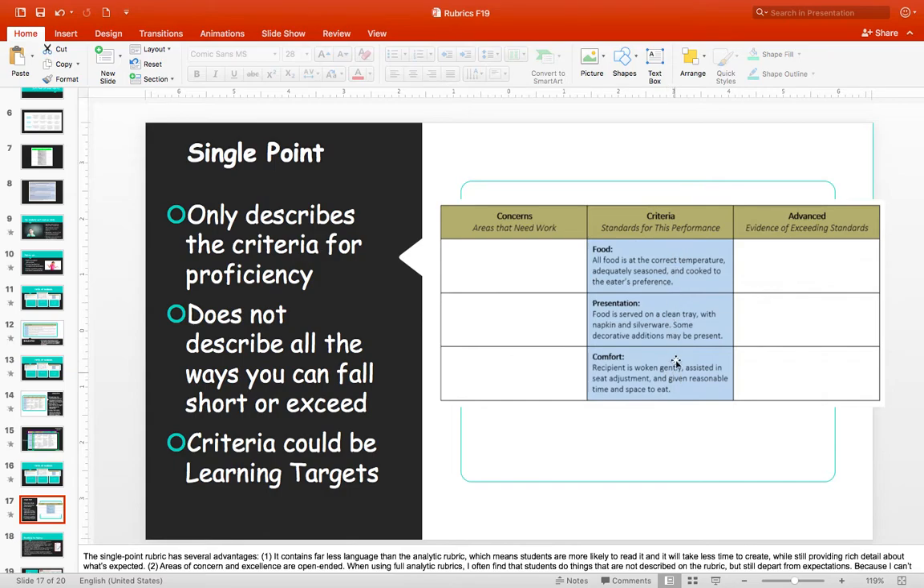So we're just telling students how to meet the standard, and then as you are giving feedback, you can tell them how they struggled, what they need to improve on, and how they exceeded. Okay, so single point rubric. It does not describe all the ways you can fall short or exceed, and most likely these criteria are your learning targets or learning objectives. There are such pros and cons to this. I really love a single point rubric if it's an assignment that we're working on over and over again, because it does provide for such informative feedback. However, we've got issues